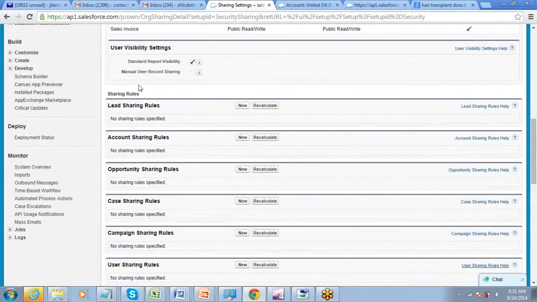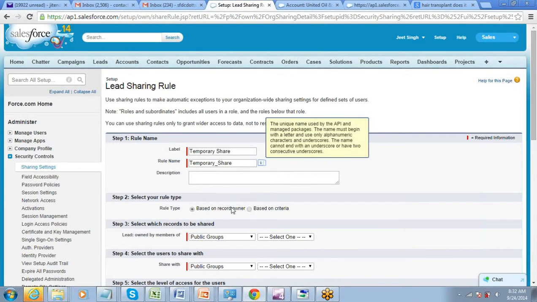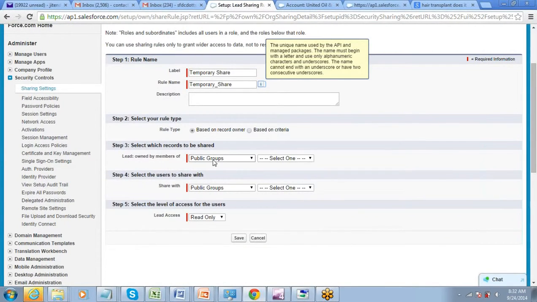Now in sharing rule, we just have to go and say new sharing rule for lead. Give it any name. Okay, and then you just have to select which data you want to share, whose data you want to share.